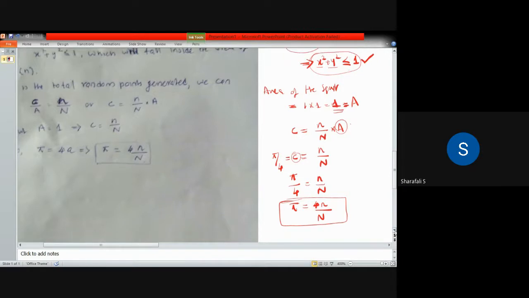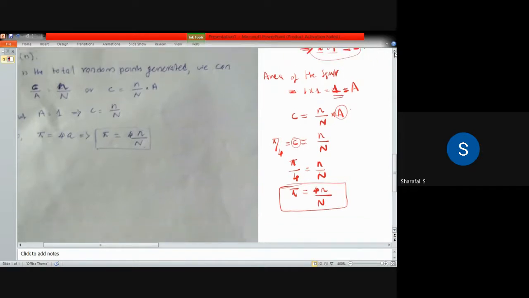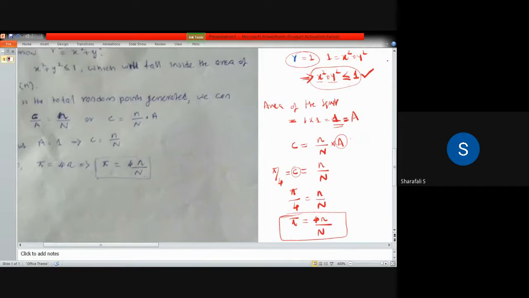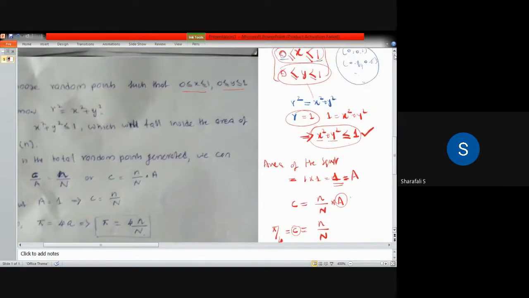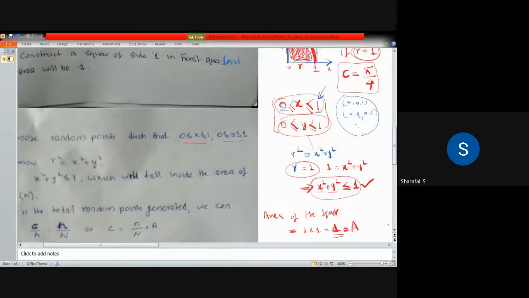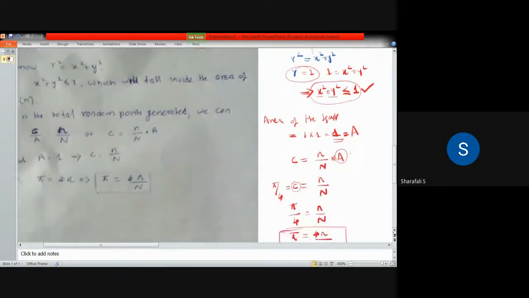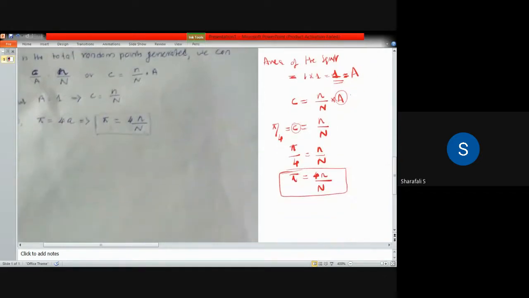So this is the idea of how we can calculate the value of pi from Monte Carlo simulation. You can get any integral value by using this Monte Carlo method also, which we already discussed, by dividing those areas. A known area with an unknown area will be proportional to the number of points within that area. With that principle, we can calculate any area under the curve defined by f of x. And this is how we can use the Monte Carlo method to find the value of pi.